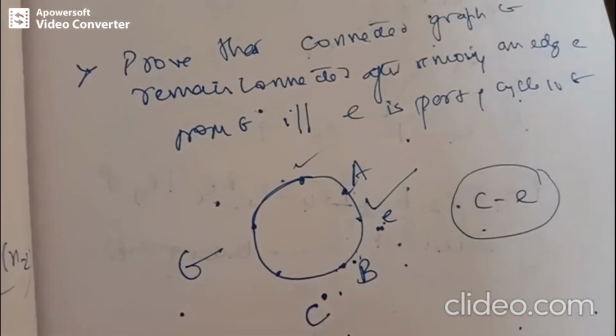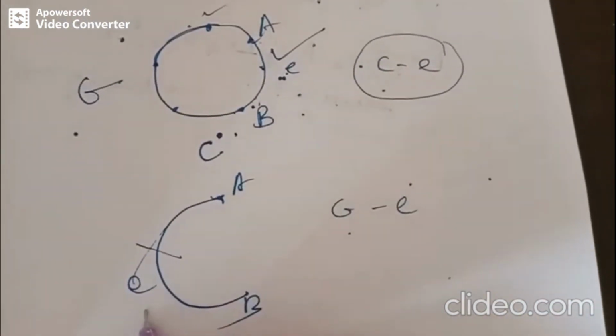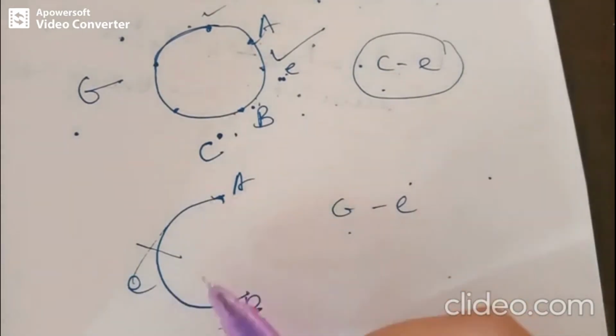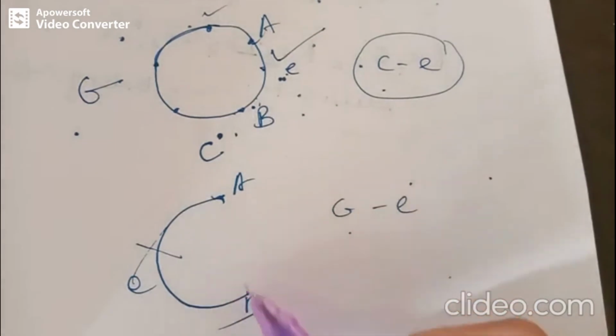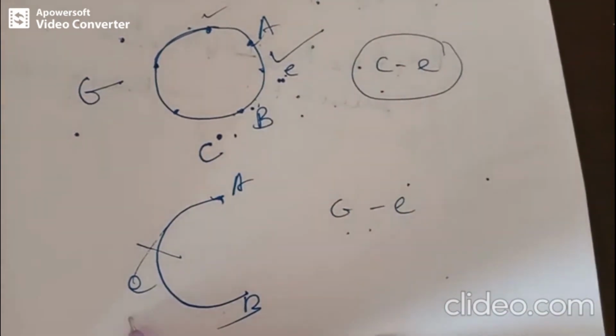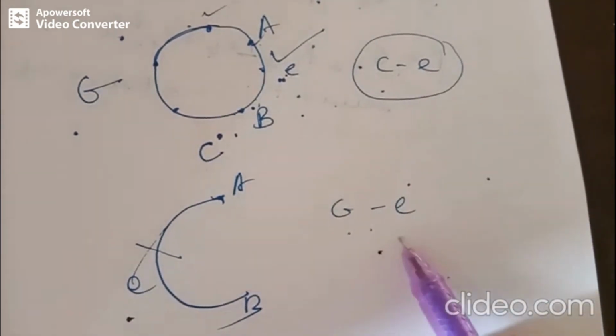The other way to prove this is, conversely, we take E that is not a part of a cycle. Like this, we can take such a graph where E is not a part of a cycle. Now the end vertices A and B are connected by at most one path. So the removal of edge E from G disconnects these endpoints, right? We are left with A and B vertices, that's all. So G minus E forms a disconnected graph. Thus, if E is not a part of a cycle, then graph G minus E is a disconnected graph.